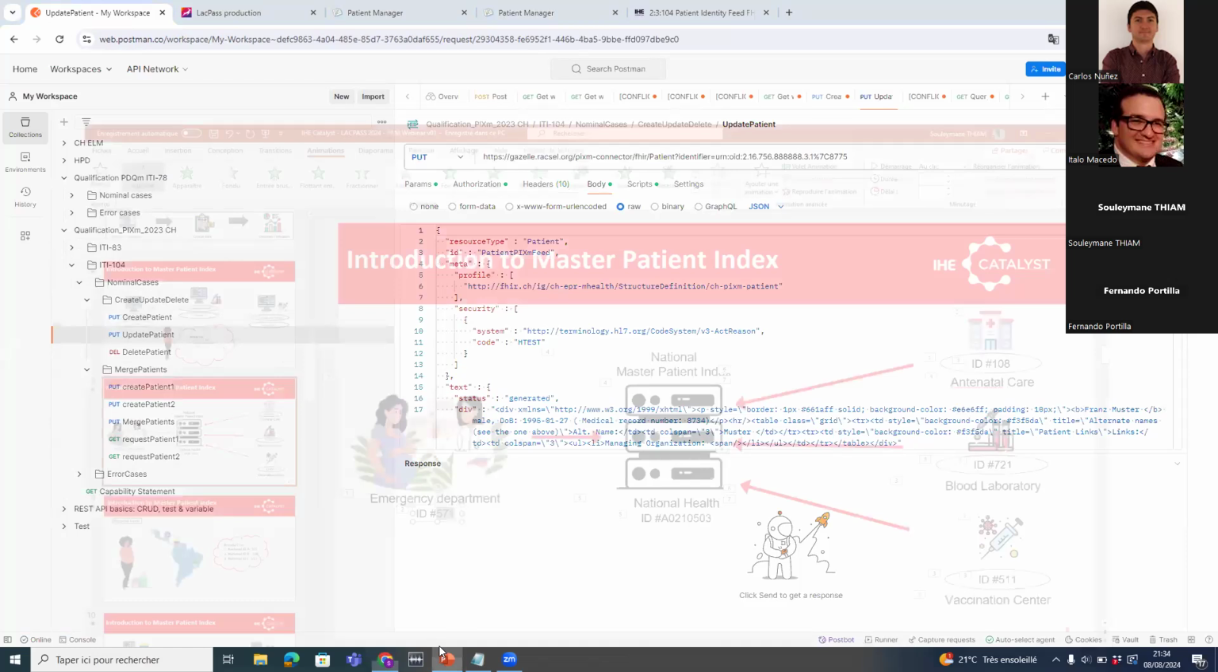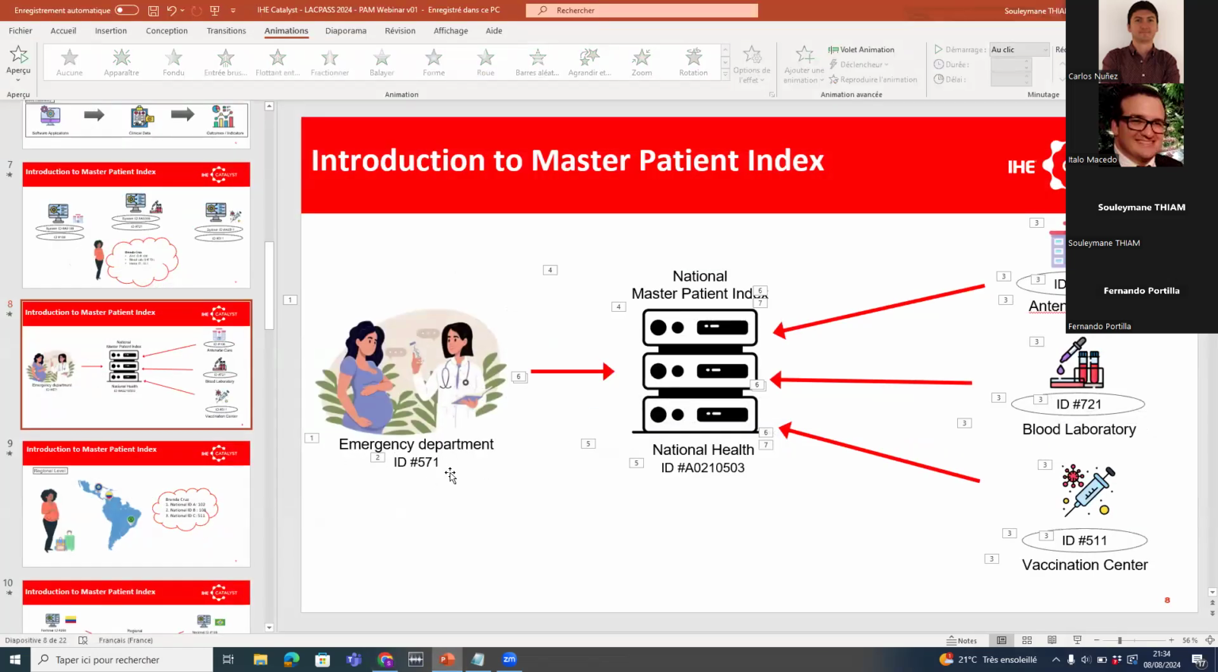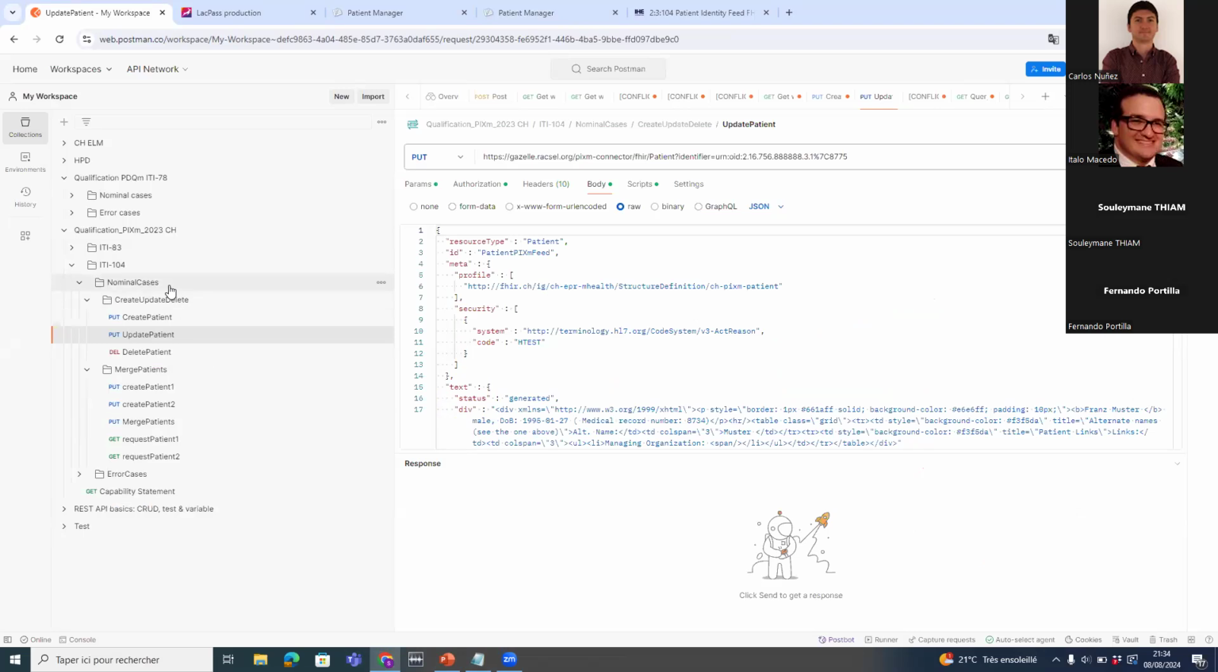because now I created the patient, the next stage is, if I create the patient here, the patient is also created, for example, if I perform the same creation, the same request, for the antenatal care system, the blood laboratory system, and the vaccination center system. So now the next stage will be to send an ITI 83 to retrieve the corresponding ID in the other systems. But before I switch to the ITI 83, I would like to show you how Gazelle works,